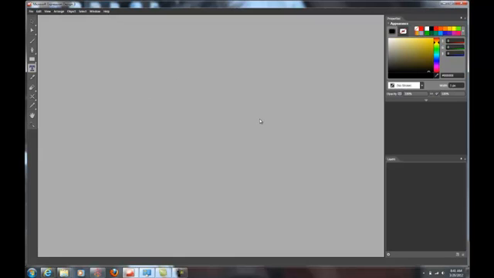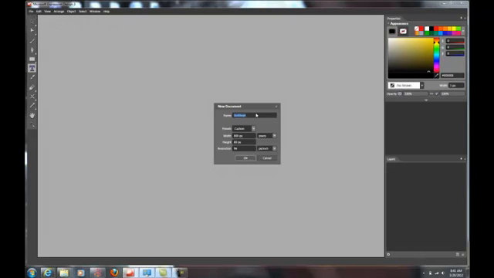And right now I can't do much of anything, so let's create a new document. So go File, New, and here we can name it. So I'm going to name it Banner, because that's one of the things we are required to create for this class. And next you can make the width and the height of your what's called the artboard. For your banner it needs to be 800 by 80. And if you need to change it, just click in there and you can type the dimensions,